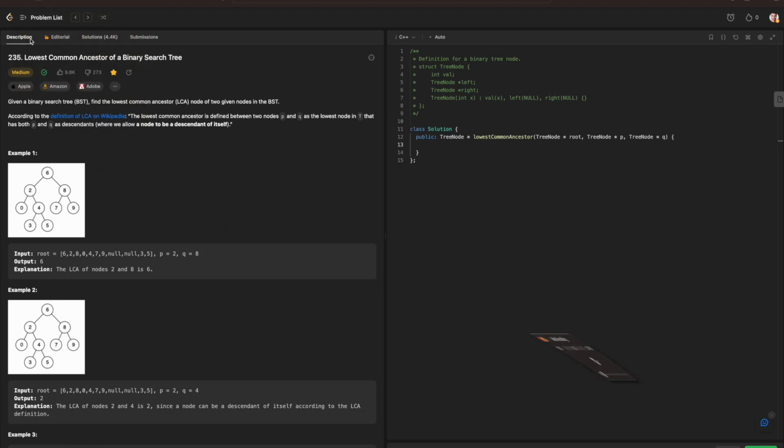Hello everyone, today we will be going over the Blind 75 in C++, and today we're working on lowest common ancestor of a binary search tree. Now, before we get started, make sure that we have our 4 questions that we all need to lay out accordingly. Let me just do one. Alright, we have our second,